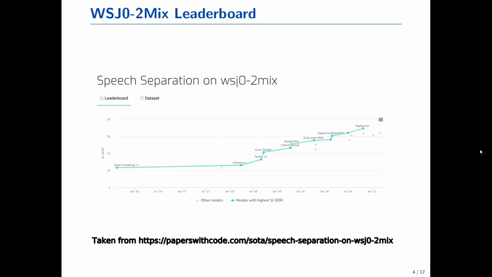By leveraging the power of self-attention, we are able to obtain state-of-the-art results on several different datasets. For example, on the standard benchmarking dataset WSJ0-2mix, we obtain state-of-the-art results as of April 2021.